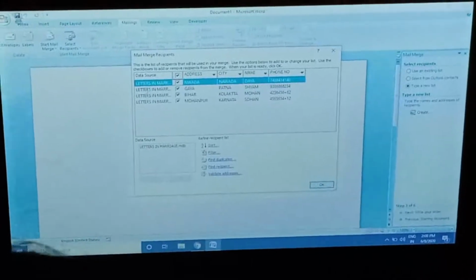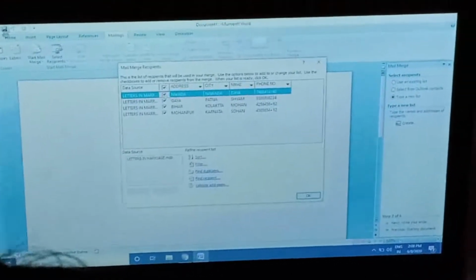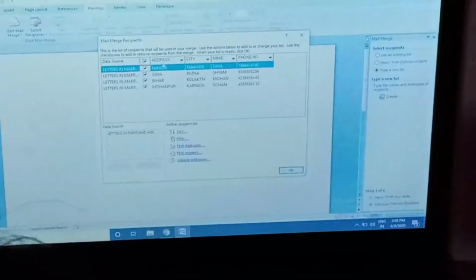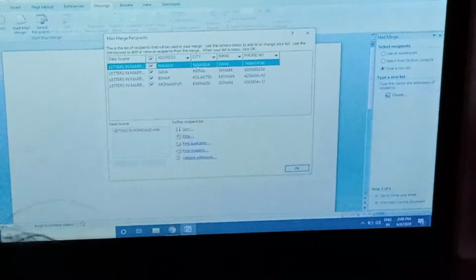All the letters, data sources, address Nevada, name Daya. I mentioned four names. Every student sees this dialog box, the Nevada and the name I mentioned in the previous dialog box. It adjusts automatically.